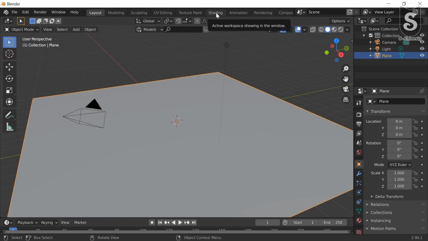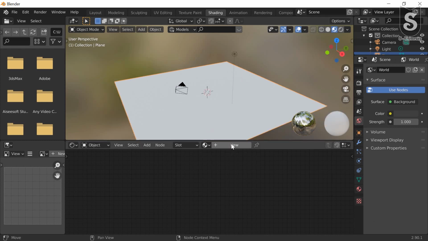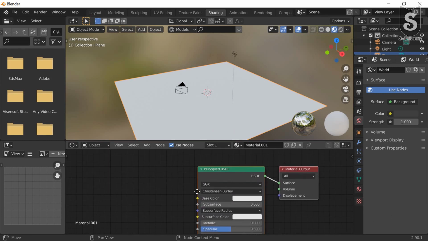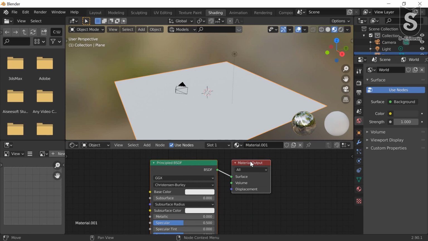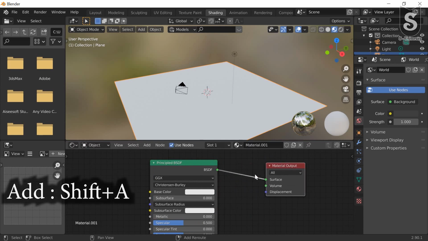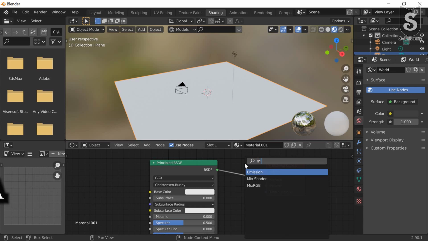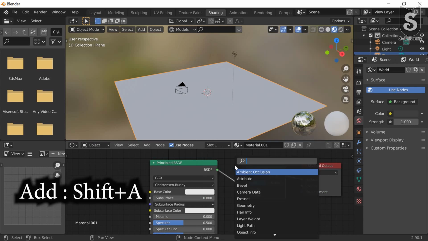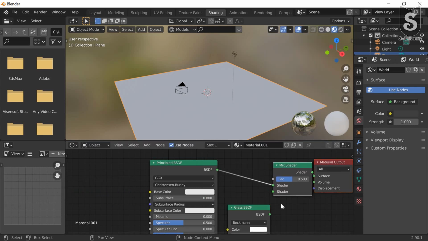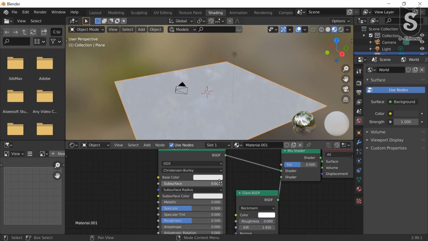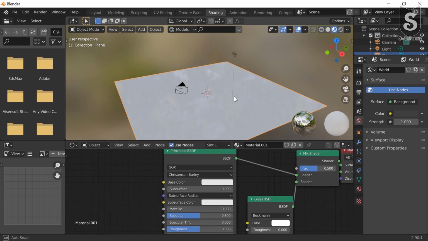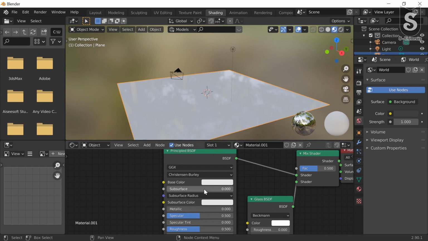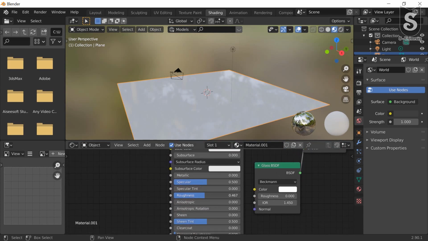Now go to shading, insert material, press Shift A to insert mix shader, Shift A to insert glass material, connect glass output to shader, now decrease the roughness value,